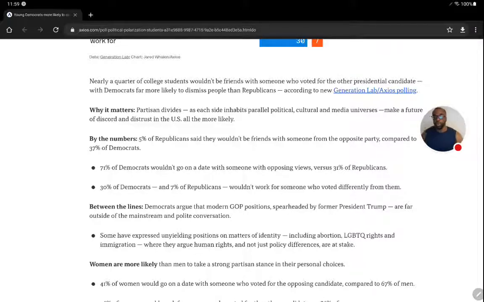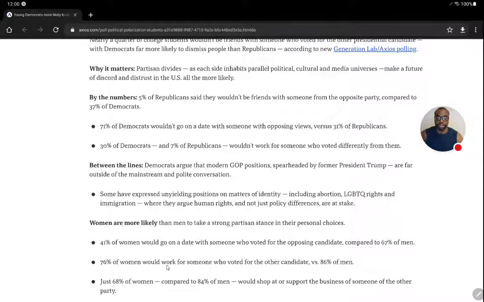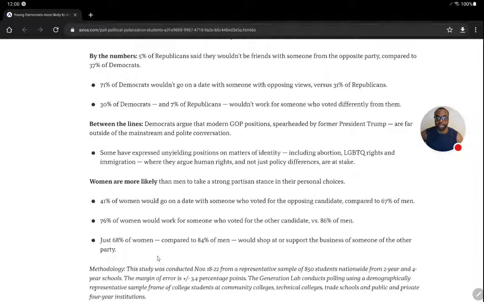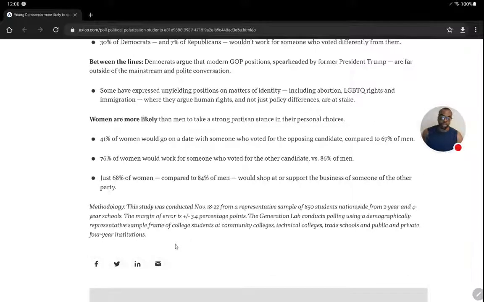All right, so women are more likely than men to take a strong partisan stance in their personal choices. 41% of women would go out on a date with someone who voted for the opposing candidate compared to 67% of men. 76% of women would work for someone who voted for the other candidate versus 86% of men. Just 68% of women compared to 84% of men would shop at or support a business owned by someone of the other party. So basically, I say all that to say